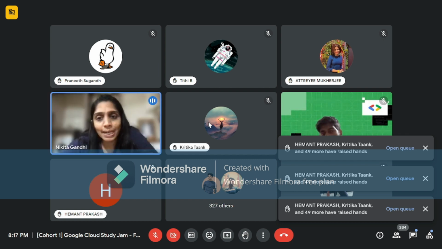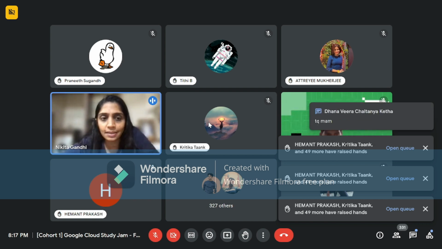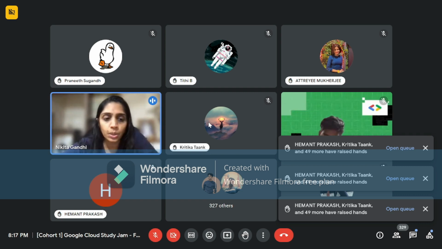No, so you provide their email address in both the places. There are two places where we are asking you for the email address. One is while you are filling the form. The first question is the email address, and the second asks for the email account that is associated with the Skill Boost account. In both places provide the student's, the participant's, email address.